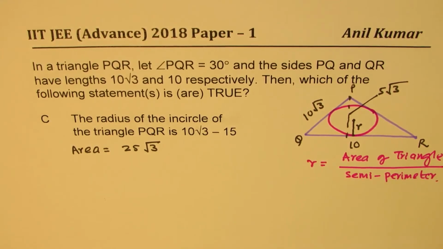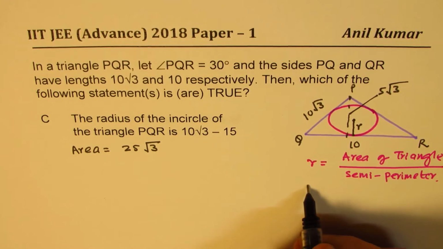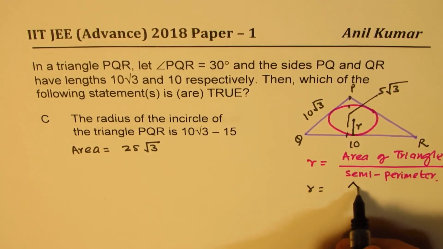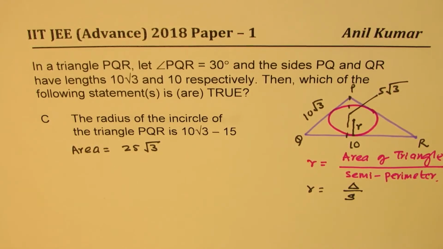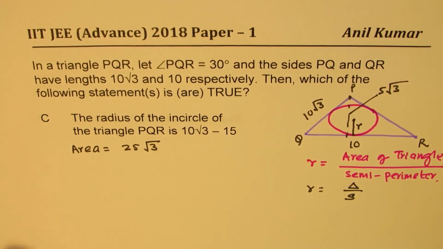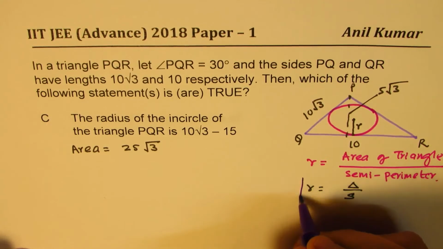I'll attach this file which gives you the derivation of the formula at the end of the video. So basically the radius is the area of the triangle divided by the semi-perimeter S. Let me write area of the triangle and semi-perimeter S in bold so that you remember this formula, right? So we're directly going to apply this formula